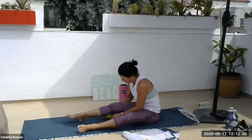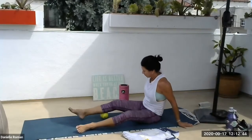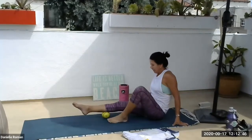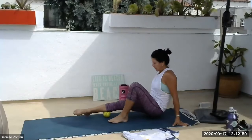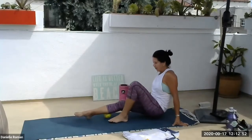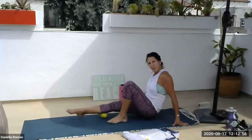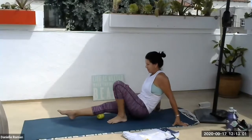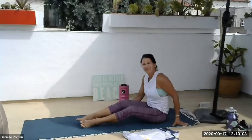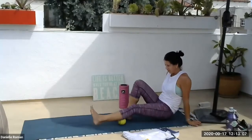So you can loosen up the calf, the lower leg area, roll it out. Again, you can lift your body up. So think about our lower leg. We use it walking, it's working a lot. So kind of like our back, postural, needs some attention here. So make sure that you get both sides of the lower leg,